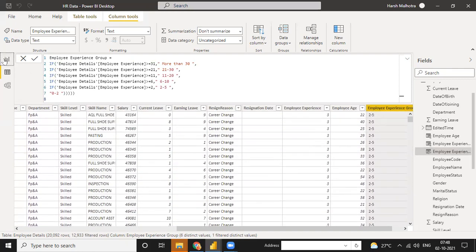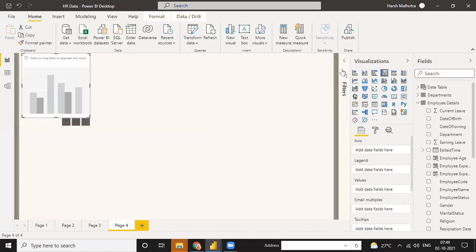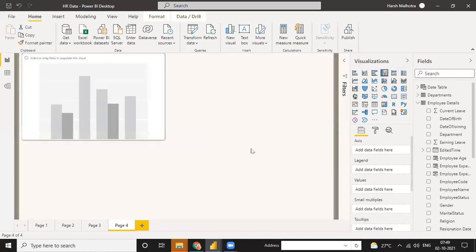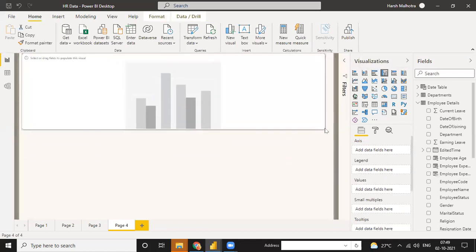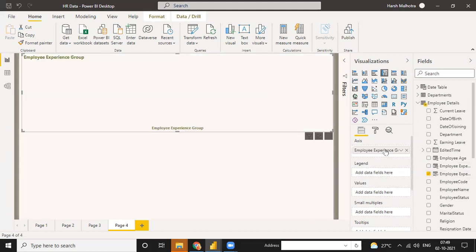And now you can just use a visualization on the basis of this. Suppose I use this one. So right now I have an employee experience group. You can put it into the x-axis.